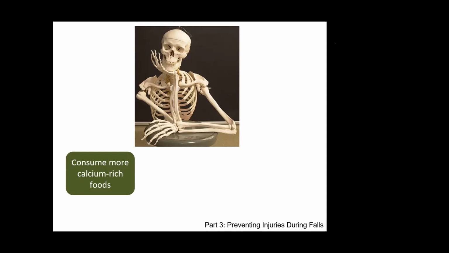Okay, we need to consume calcium-rich food plus vitamin D. Vitamin D you can get by exposing your skin to the sun, right? But there are a lot of seniors who are unable to get vitamin D that way. One of the easy ways that one professor has done is to buy mushrooms and put the mushroom with the gill part facing up to the sun for about 6 hours.